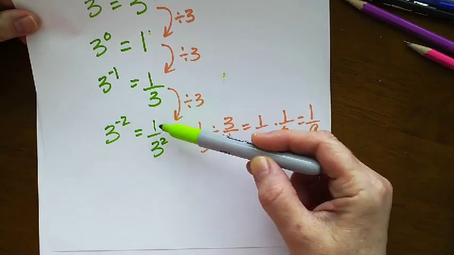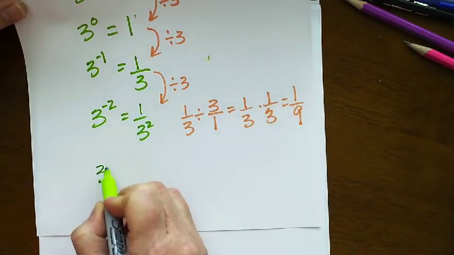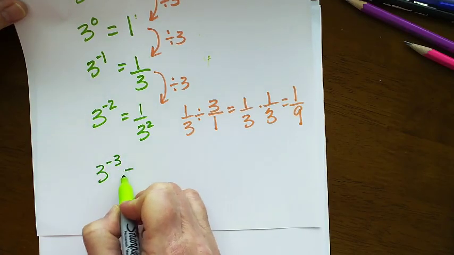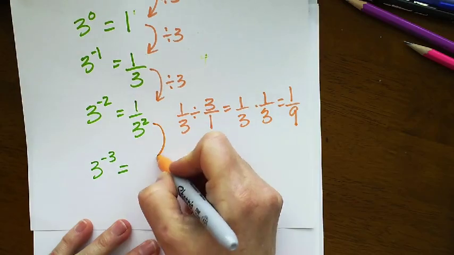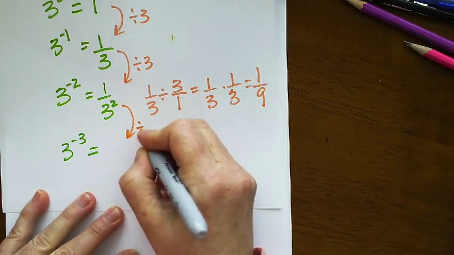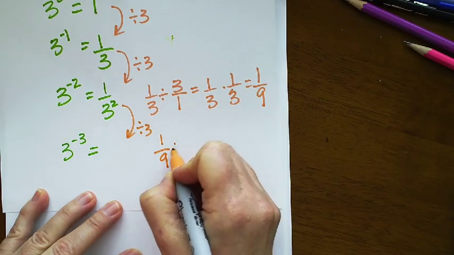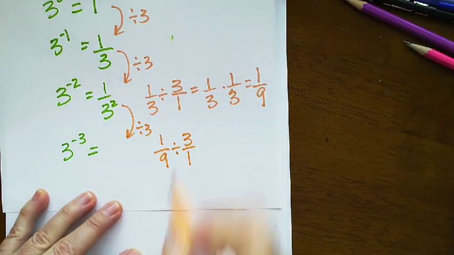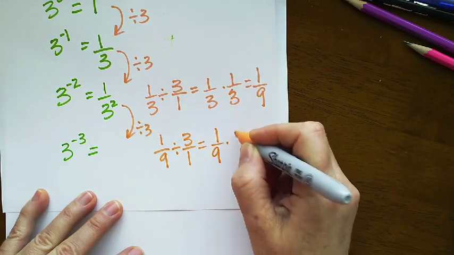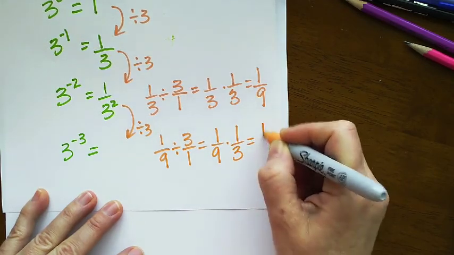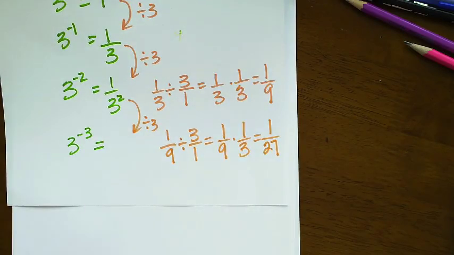Okay, so we have 3 squared is 9. We have 3 to the negative 2 is 1/3 squared. Let's do one more. You probably see the pattern already. 3 to the negative 3 would be 1/3 squared, 1/9, divided by 3. Okay, so let's take 1/9 and divide it by 3. That's the same as dividing by 3/1. So that would be 1/9 times 1/3, which would be 1/27,